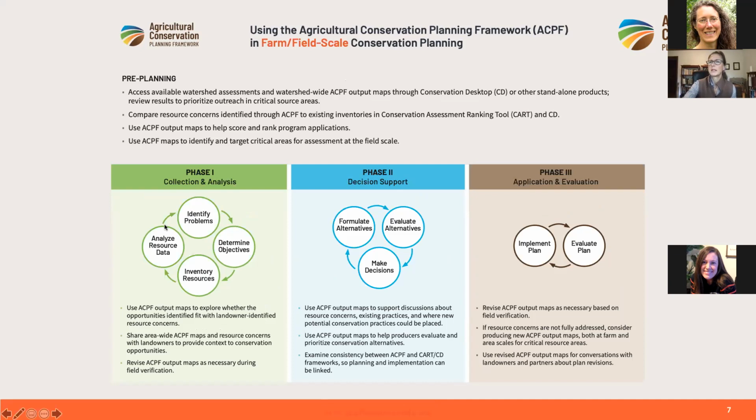And then I'm not going to spend any time on this, but I did want to include it in this presentation just to show you again the differentiation. What we did for NRCS is differentiate how we would use the ACPF in area-wide planning in comparison to how we would use the ACPF at the farm or field scale. And so this farm field scale graphic is just getting to the finer details of how you might apply the ACPF in a farm scale or field scale walkover